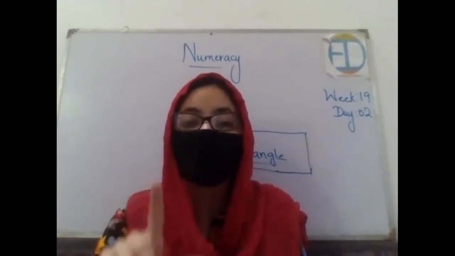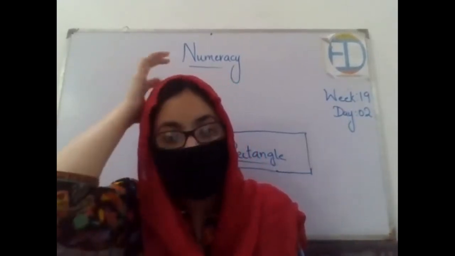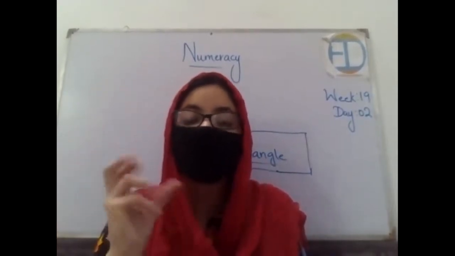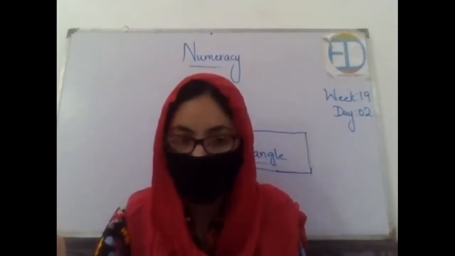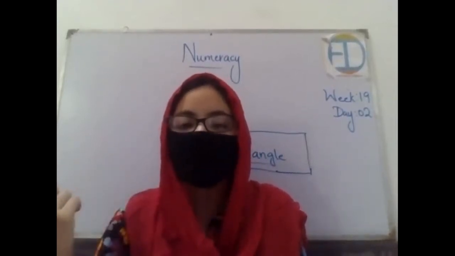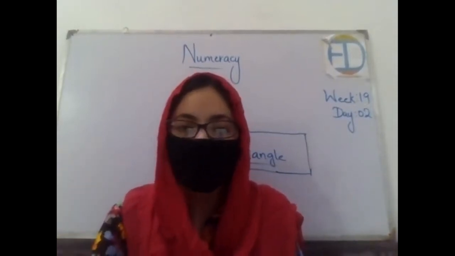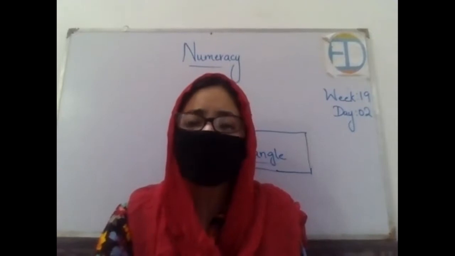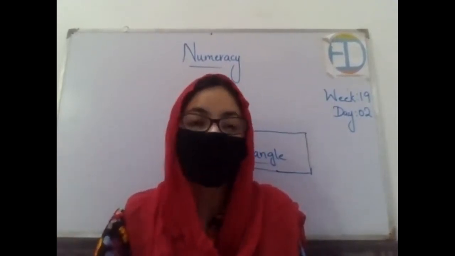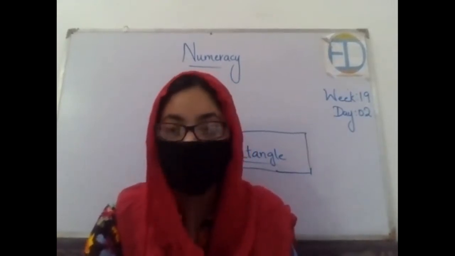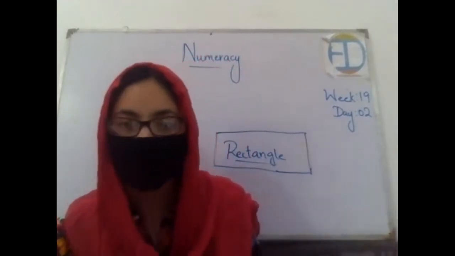Now I want you to look around you in your room or the area where you are sitting right now, and note down the things which have the rectangular shape. Got it? Hurry up, look around you in your room and tell me how many things have this rectangular shape. Or you can tell any other example rather than your room as well, any other thing which comes to your mind when you think about this shape. Note down at least 5 examples. And let me know when you are done, okay?